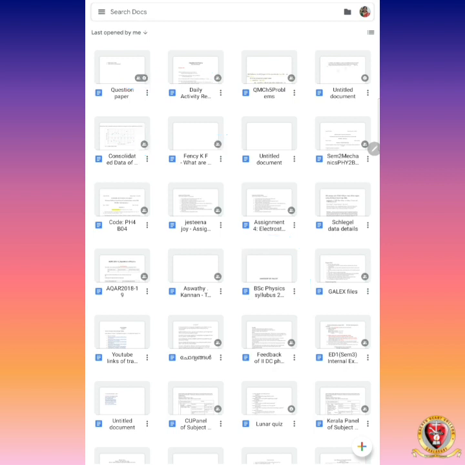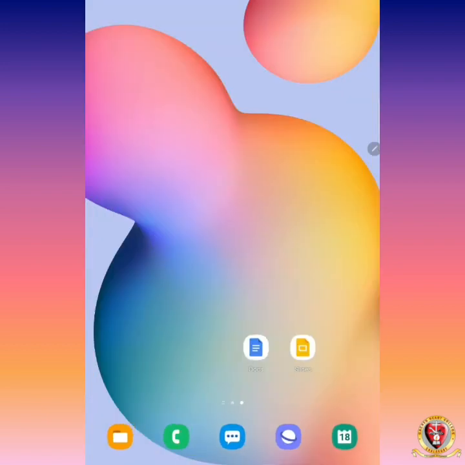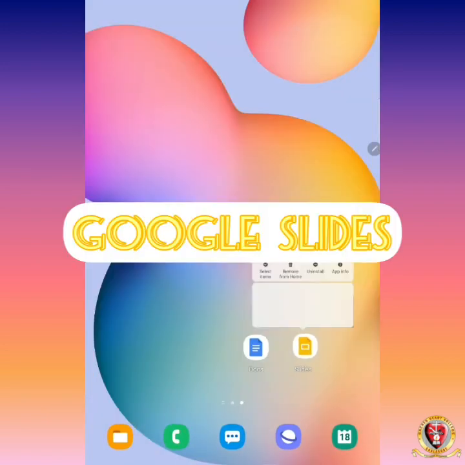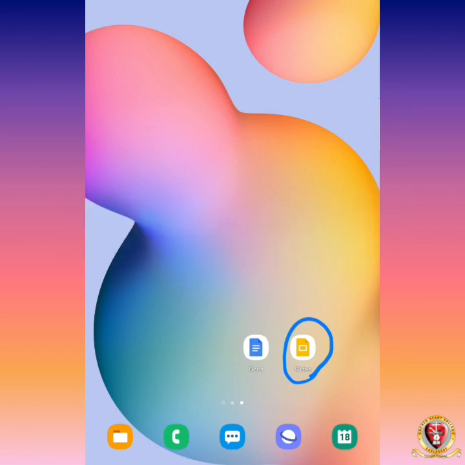Okay, so next I would like to mention another useful application. That application is called Slides. This is actually called Google Slides. Google Slides is also a part of Google. If you are using it on a phone, you have to download the application named Slides from the Play Store.